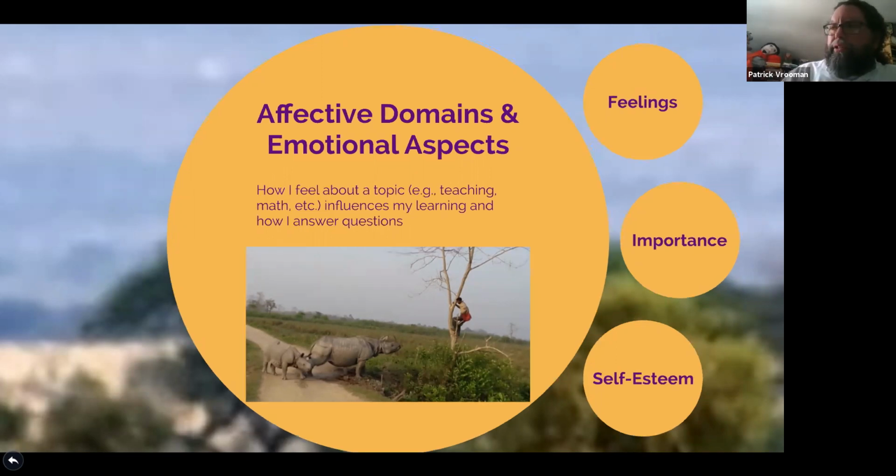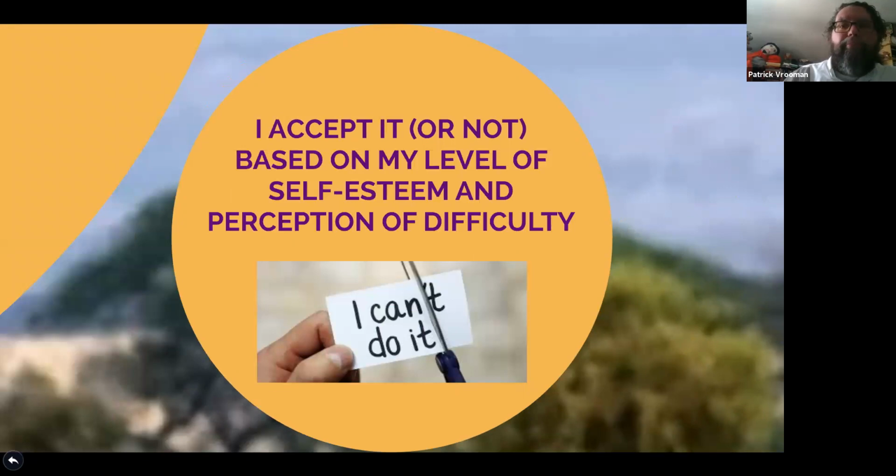And the one that I want to get to is the third one. It's based upon your self-esteem. So if you have a strong self-esteem, you're usually more open to certain things. But sometimes your self-esteem could be low and you're not taking new things in. Sometimes we act like we have big, strong self-esteem, but we don't, and then we're sending mixed messages. But your self-esteem, your feelings towards something, those are real critters running around inside of you, okay? And they influence what you learn and what you don't learn.